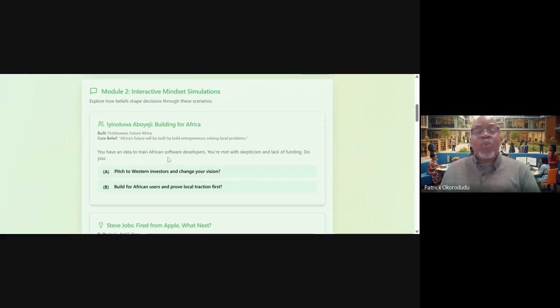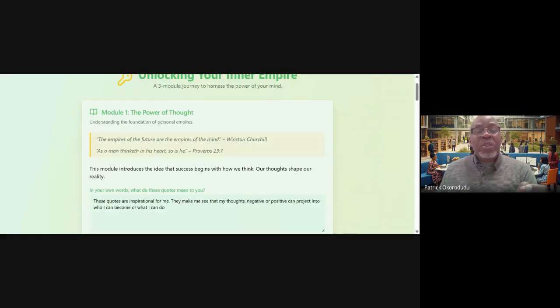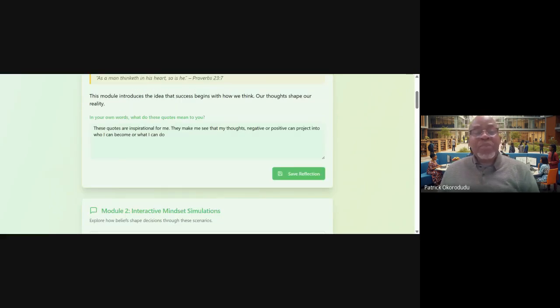Now, basically, what we're trying to do, bringing in these great minds, is just to show you what they believe in, what they have done, and how you can also use that strategy. You just kind of rethink. And let's go back to what we're talking about. Rethink and understand that most of the empires, for example Windows, Apple, and the great things that Aliko Dangote has done, came from the mind, but they were futuristic things. So that's why we're studying that.